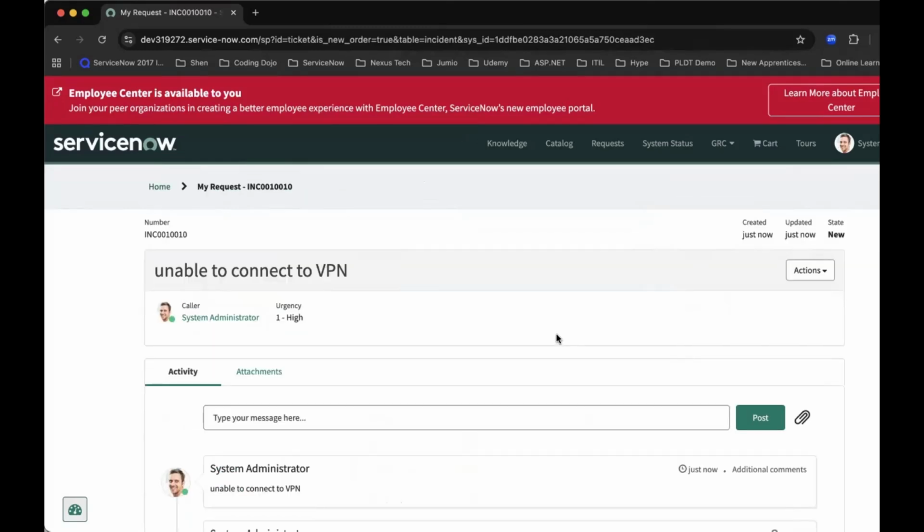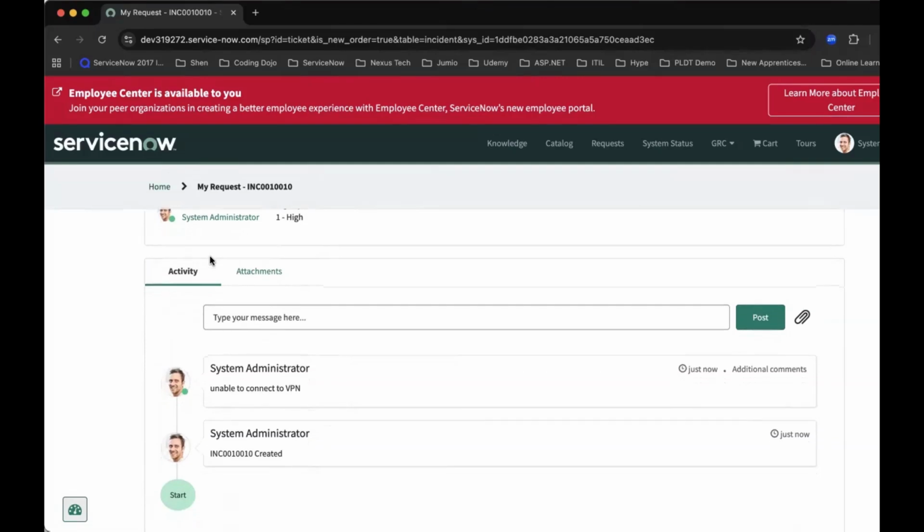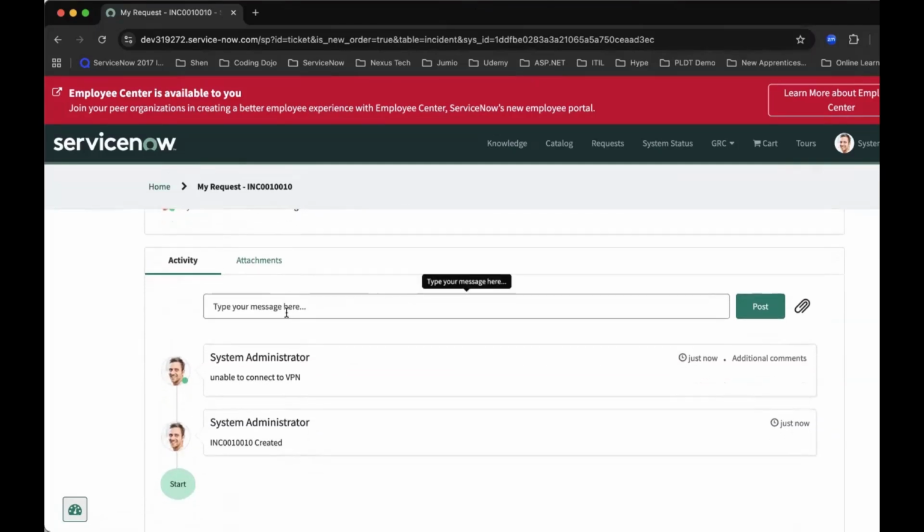Once submitted, you will see on the top left that ServiceNow generates a unique incident number for your reference. So what happens next? The incident then is routed to the right support group or technician. Then you should receive a notification, usually by email, with your incident number, and the progress can be tracked through the activity list on this portal that you're seeing now. You could send a follow-up if need be, and post a message to communicate to the service desk who is